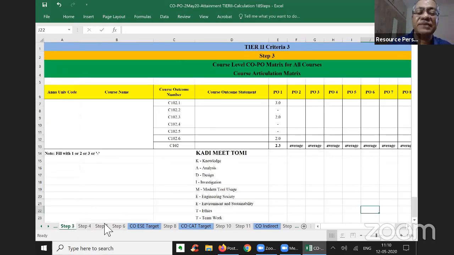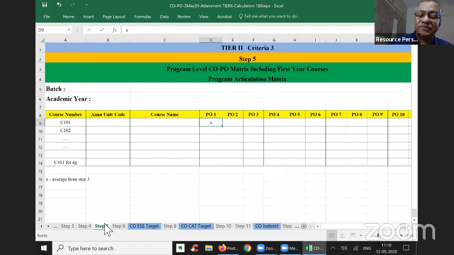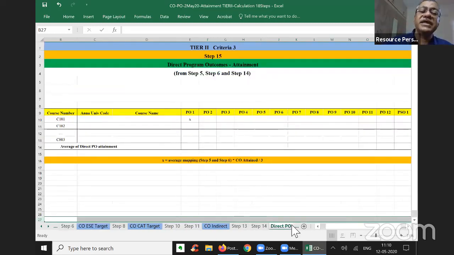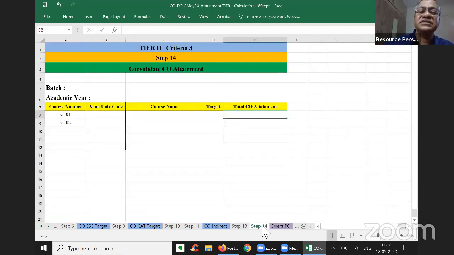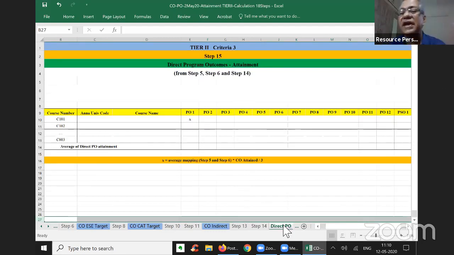I put this in step 5. From this step 5, now I am putting it into step 14, in 15. So in step 15, I have that mark average mapping into what is available in step 14, this total CO attainment, that I am multiplying and dividing by 3.